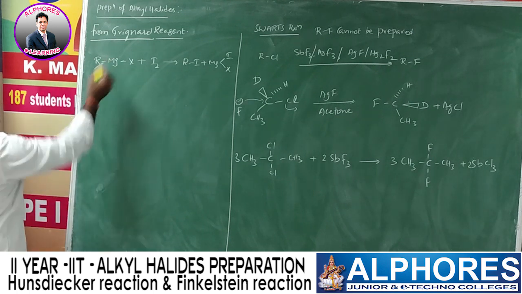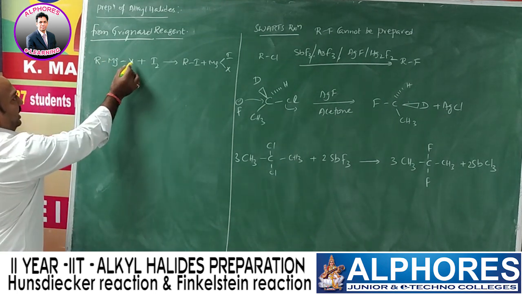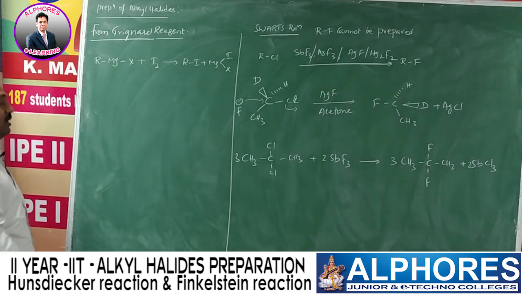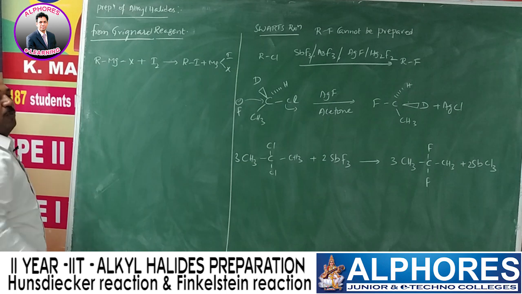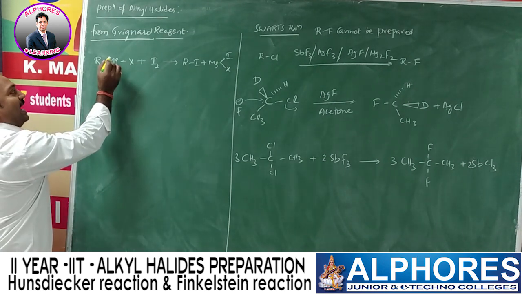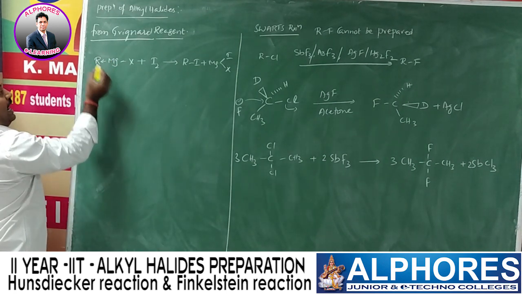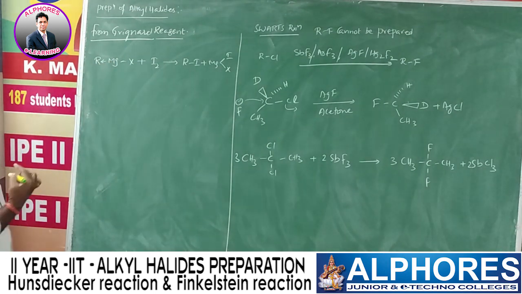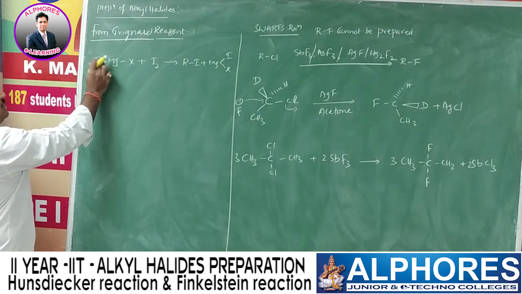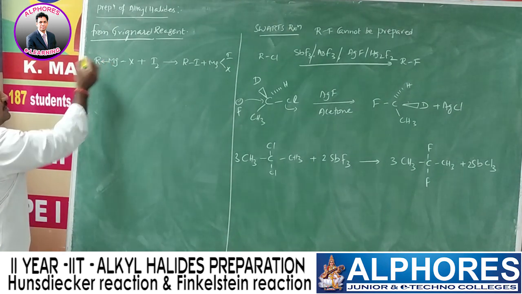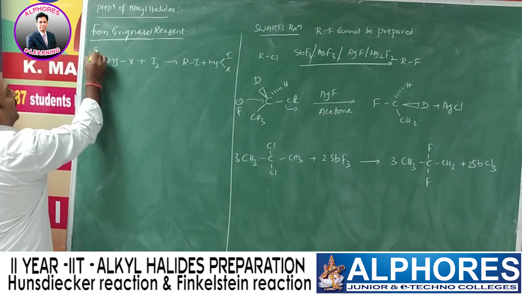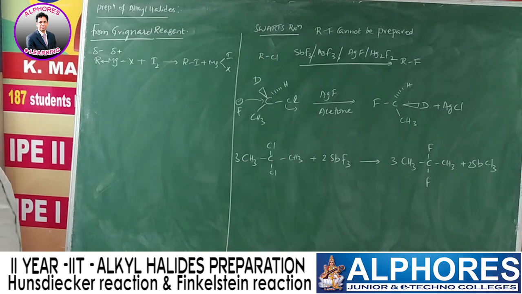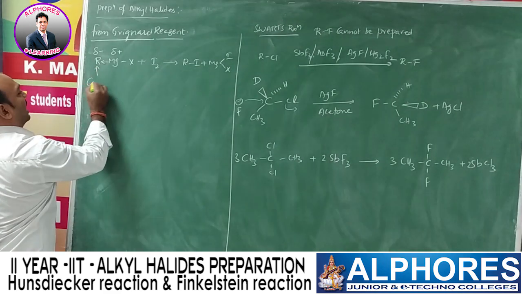The specialty of the Grignard reagent is that the alkyl group is attached to a metal, magnesium. Basically, magnesium metal is electropositive. Being electropositive, it has a tendency to donate electrons, and moreover, compared to magnesium, the alkyl group carbon is more electronegative. That's why this sigma bond electron pair is shifted towards the alkyl group. That means this alkyl group acquires partial negative charge and the magnesium metal bears positive charge. That means this alkyl group has carbanion character.